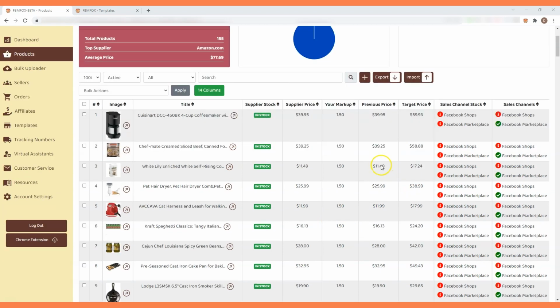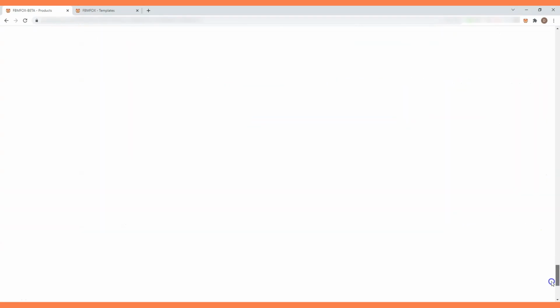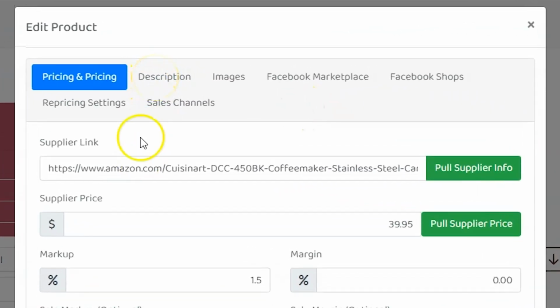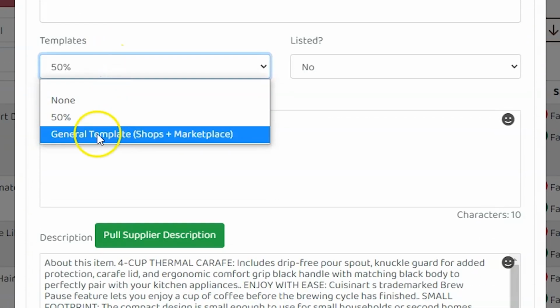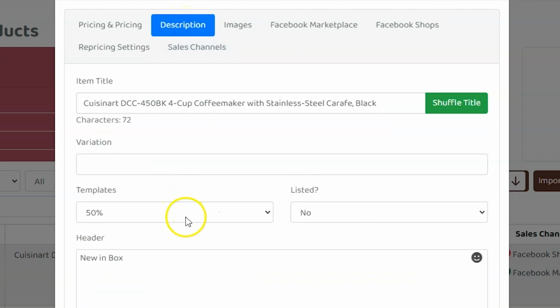Alright, so here I have some products, and if I click on edit on these products, I can see that in my description area, my template is actually 50%. Here's my sales channels section. So this product is only going to marketplace via the Chrome extension. And in our template, it was something different, of course.